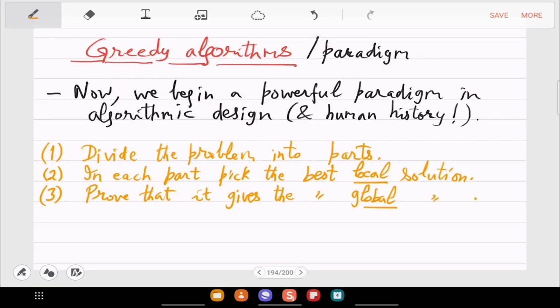This part will be much easier to implement than what we do, for example, in merge sort, where even the merging part is non-trivial. Usually that part here will be trivial. These will not be recursive calls; you solve it part by part locally, and then a global solution emerges out of that. But the proof you have to give. The proof is always non-trivial and very hard to see that it works. It will be evident very soon. Let's take an example.